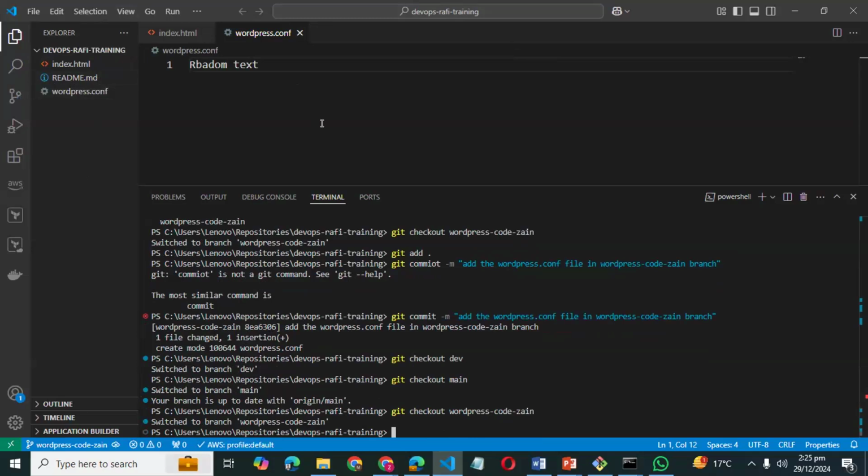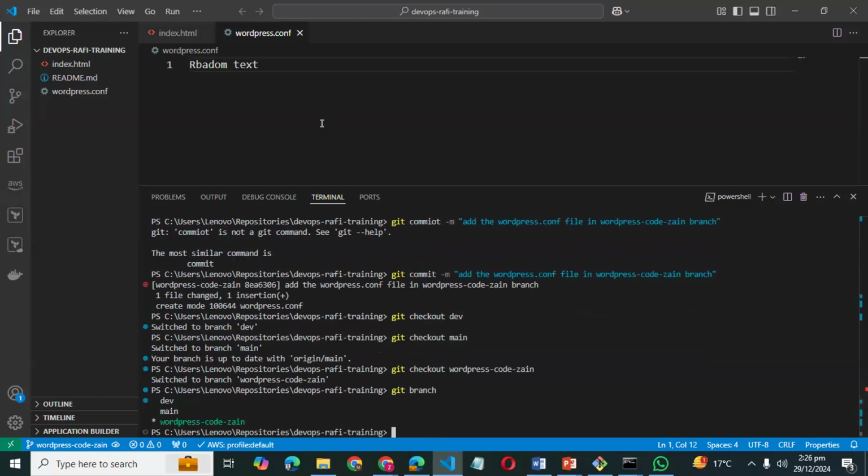Whatever changes you make in a file, or whatever file you add in that particular branch, are not going to be reflected in different branches, right? But before switching to another branch, you need to write add or commit. You just don't need to push if you don't want to push your local changes into the GitHub repository. You can easily switch branches by using git checkout, right? Now, currently which branch am I in? I am currently in the WordPress codes branch, right?